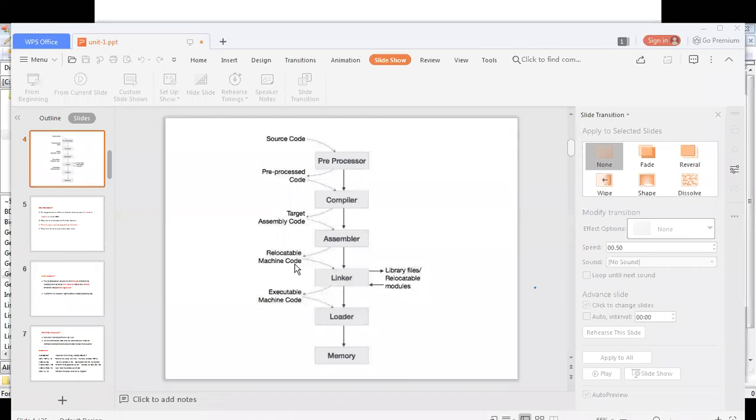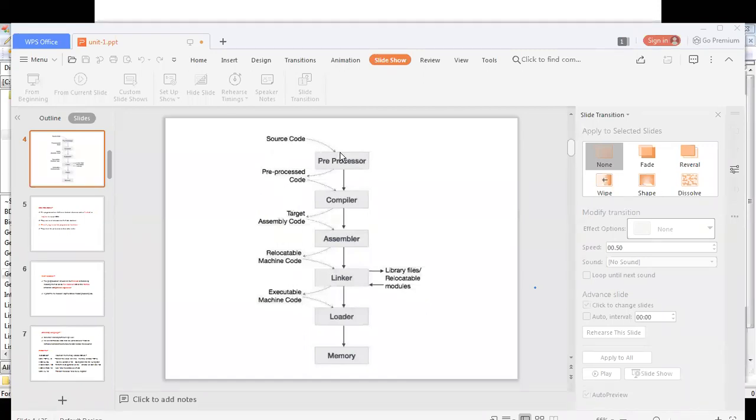After the assembler we will get the .obj file, and after the obj file we will get the .exe file. So in total we have three files: source file, object file, and executable file. Clear?